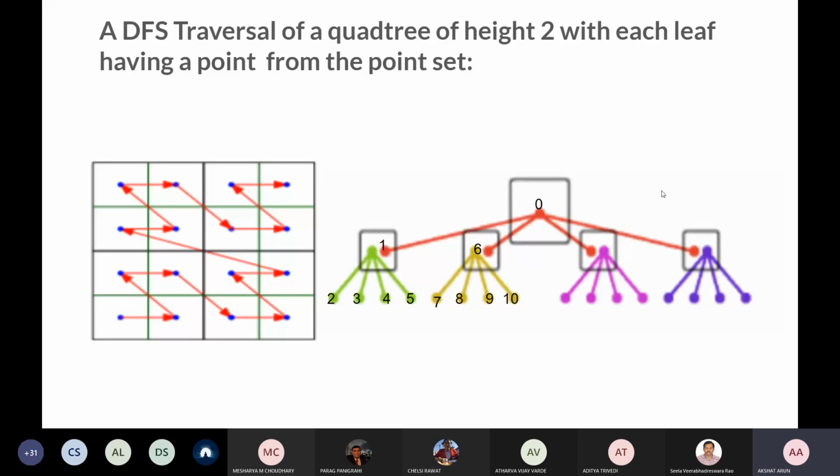Hence, we visit the bottom left child subtree of node 0 completely, and then we go to the bottom right child subtree and visit the children similarly. So from node 0, we go to node 1. Node 1 is this 0.5 cross 0.5 bottom left square tree, and there we go to its bottom left square subtree, then top left, then top right, and similarly we visit the bottom right child subtree completely.